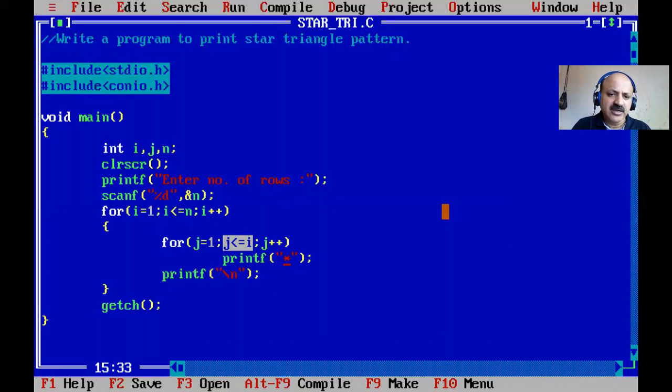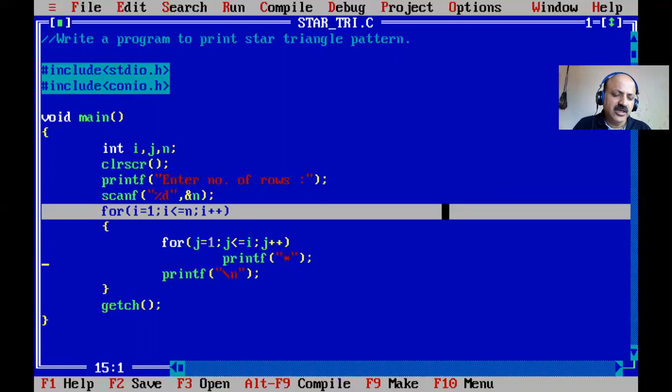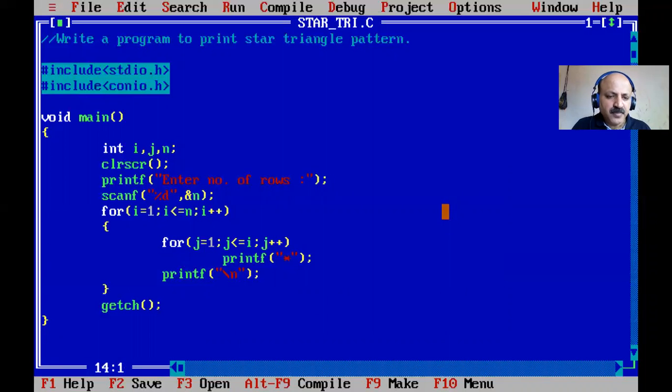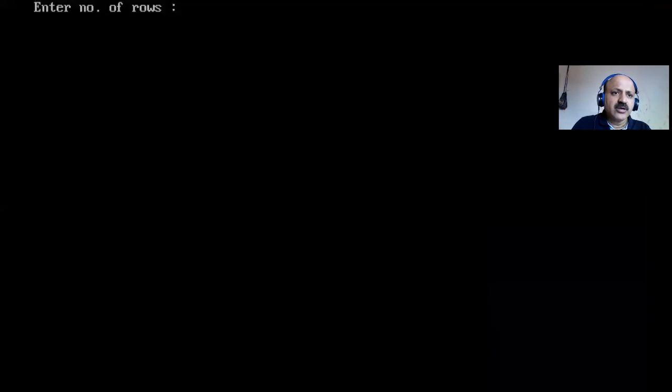So i is 1, then 1 star; i is 2, then 2 stars. That is the controller loop, the outer loop, and the inner loop always runs to print the required stars.